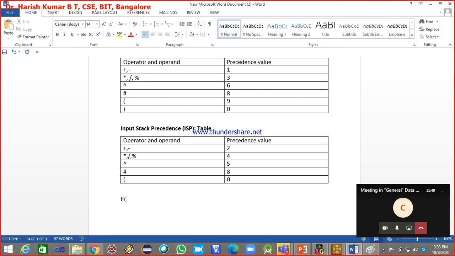If ICP of x, the input character precedence of x, can be any one of these operators or operands: plus, minus, into, divide, modulus, caret, any alphanumeric character, opening parenthesis or closing parenthesis. If it is less than ISP of the top of the stack, the input stack precedence of the top of the stack,